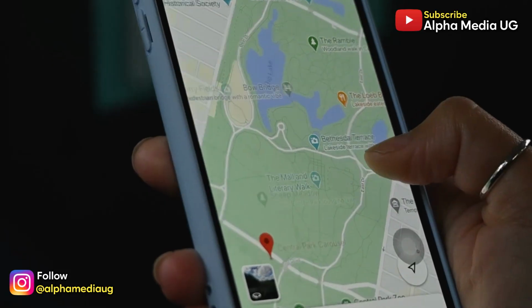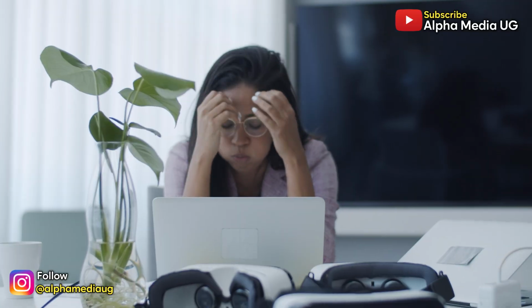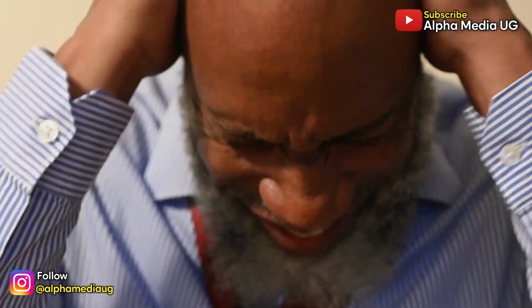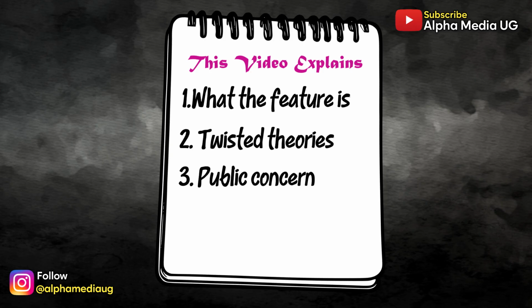Instagram just launched a brand new map feature, and while it sounds interesting, many people are already calling it one of the most dangerous updates they have ever released. Today, I'm breaking down exactly what this feature is, the twisted theories, why people are concerned, and most importantly, how